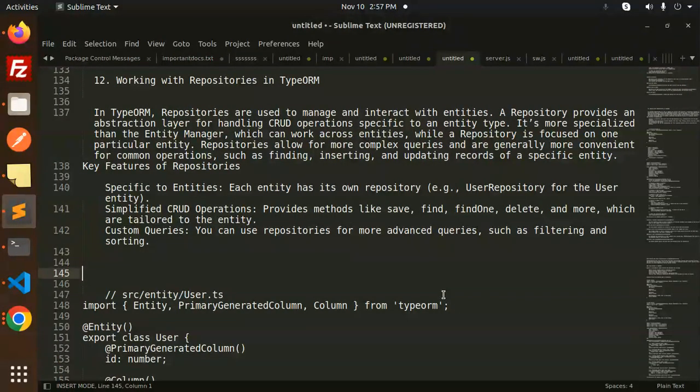Today we are going to learn working with the repositories in TypeORM. In TypeORM, repositories are used to manage and interact with the entities. A repository provides an abstraction layer for handling the CRUD operations specific to an entity type. It is more specialized than the entity manager, which works across entities, while a repository is more focused on one particular